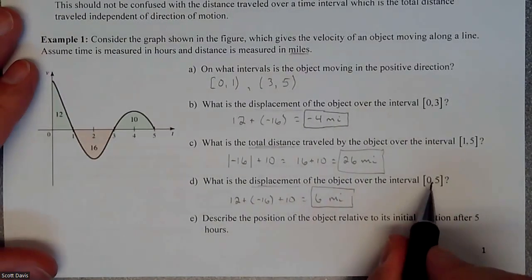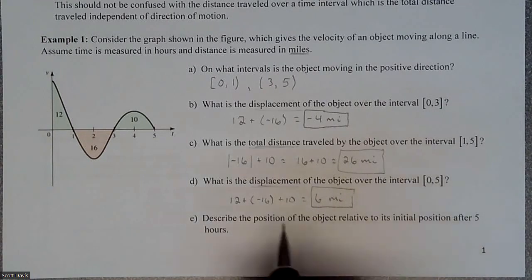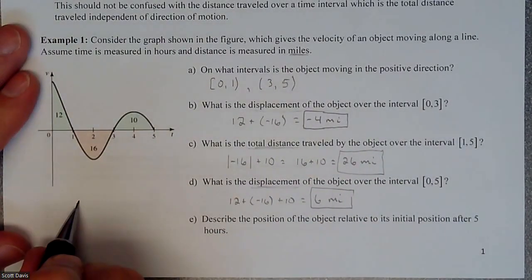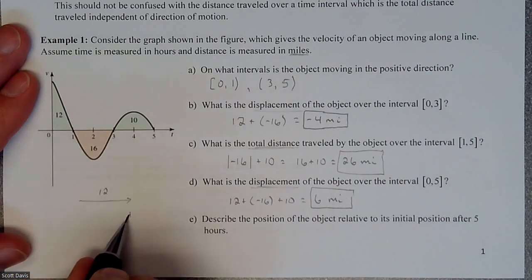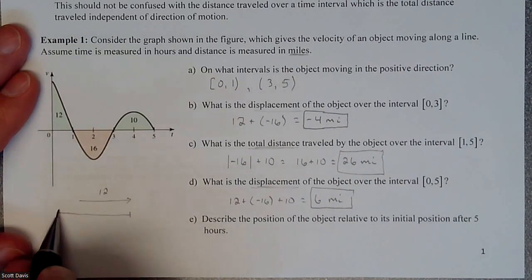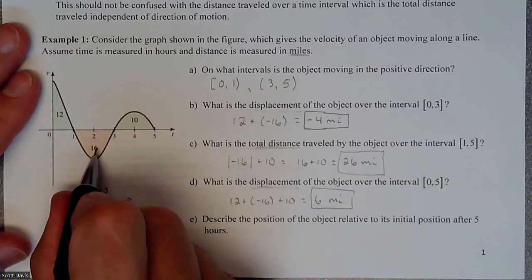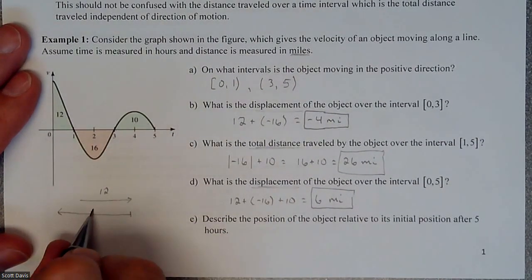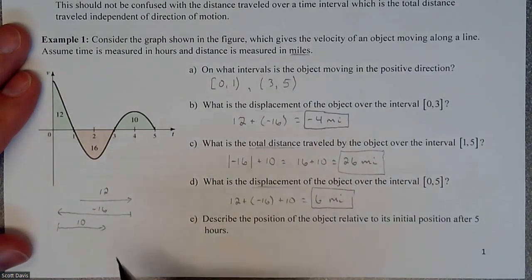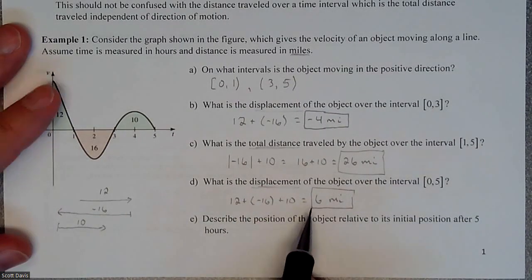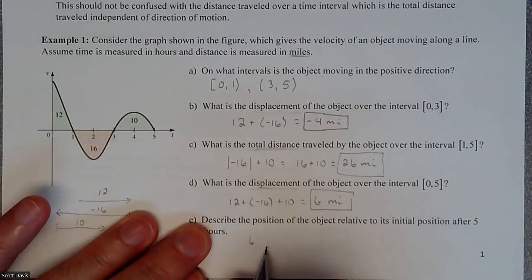So this is that kind of answer: we started off and we went 12 miles to the right. And then from here, we went 16 miles back because we had a negative velocity, so a negative direction. And then from here, we went 10 miles back to the right. And so where would we end up? That would be what we just did right here. So 12 plus the negative 16 plus the 10, we would have ended up 6 miles